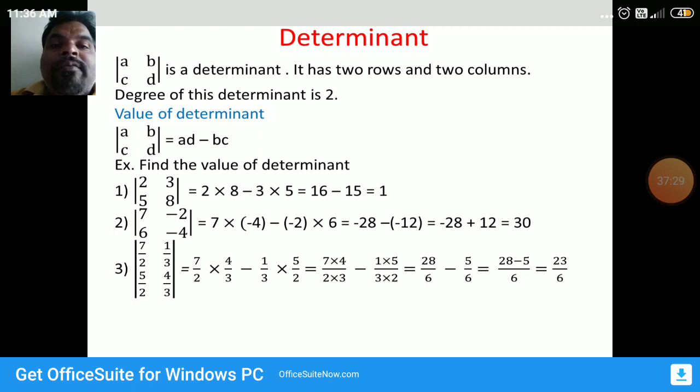The value of determinant is found by using these three examples. There is a mistake in the second. The value of the determinant is minus 28 plus 12, which is minus 16. The value of the second determinant is not 30, it is minus 16. Now using this determinant,